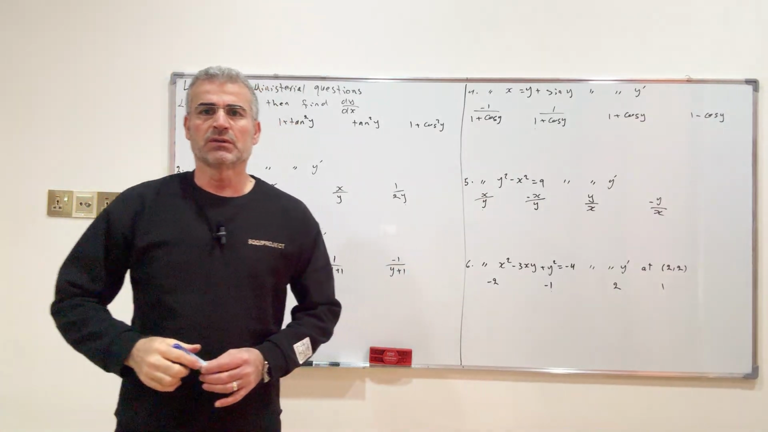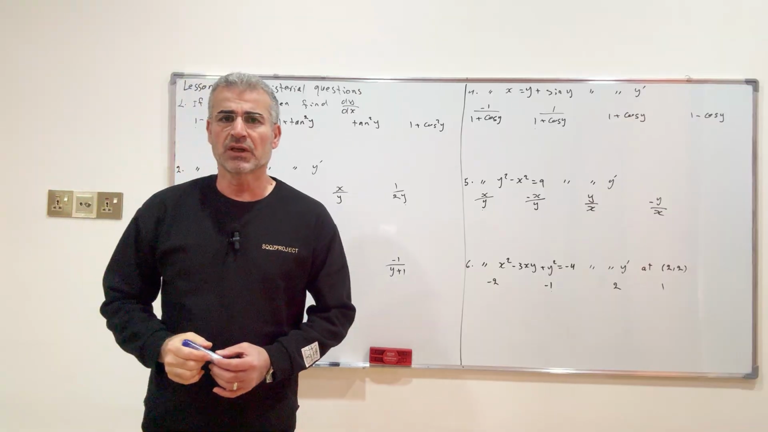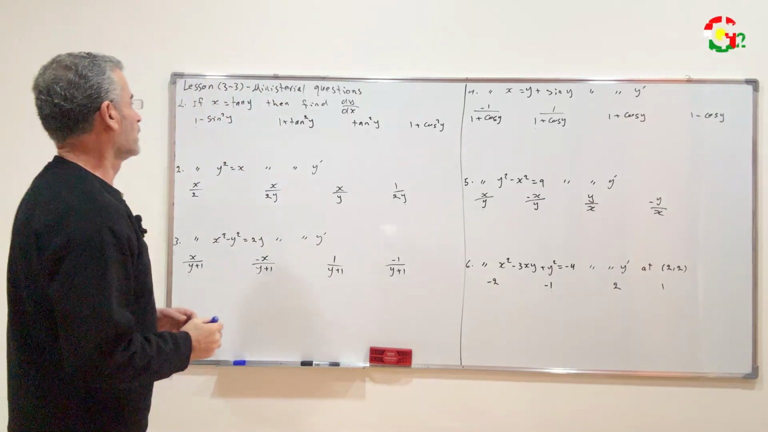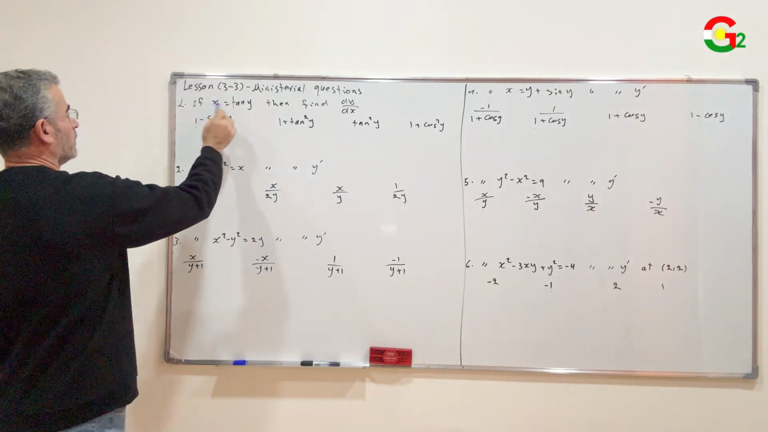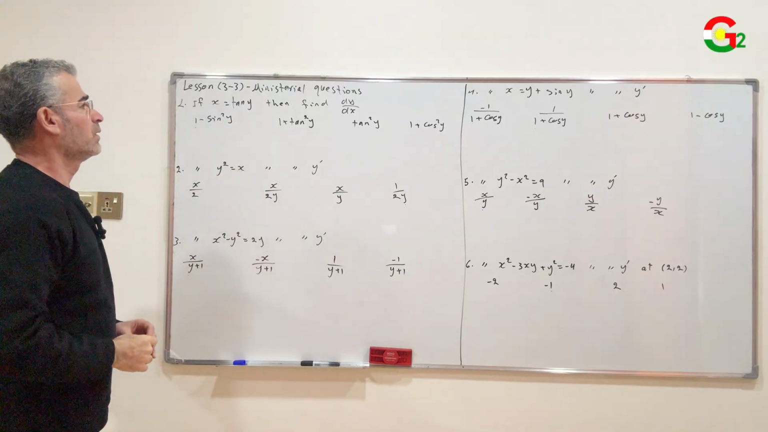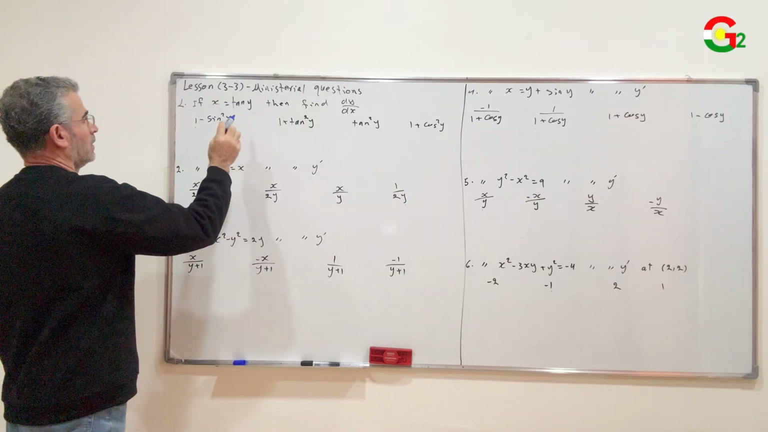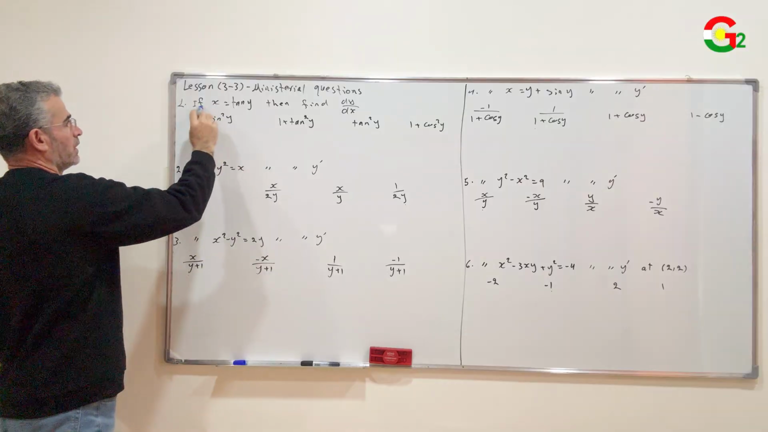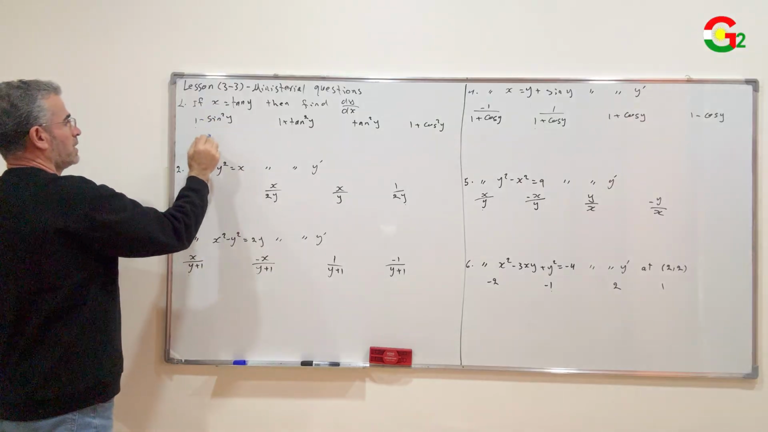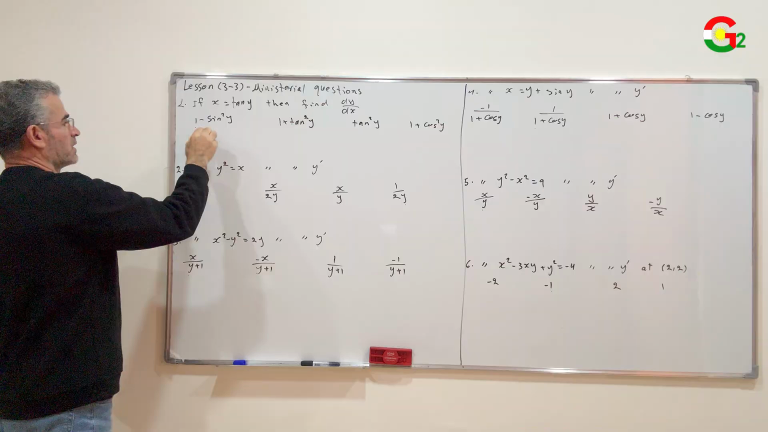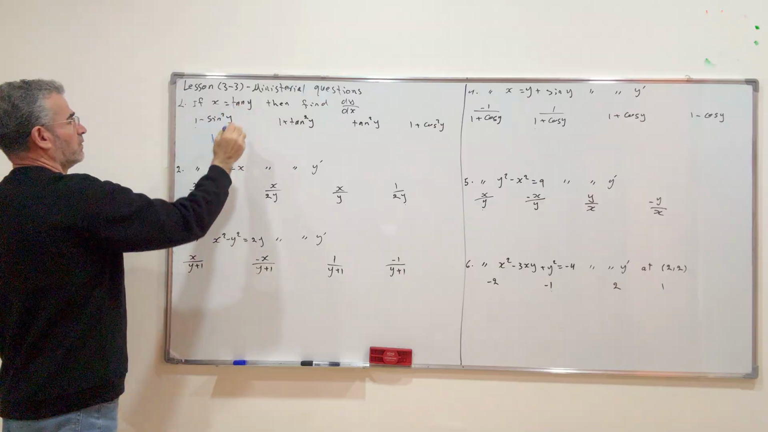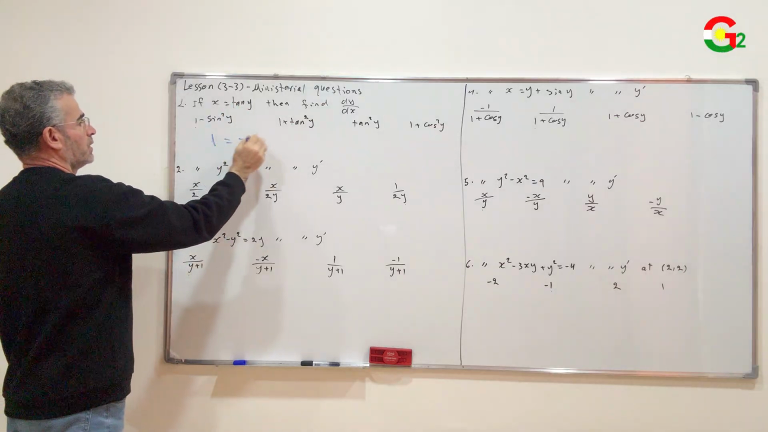Hello everyone, in this tutorial I will solve the ministerial questions of lesson 3.3. Question number 1, if x equals tan y, then find dy over dx. Differentiate both sides with respect to x. Derivative of x is 1, equal to derivative of tan y, which is